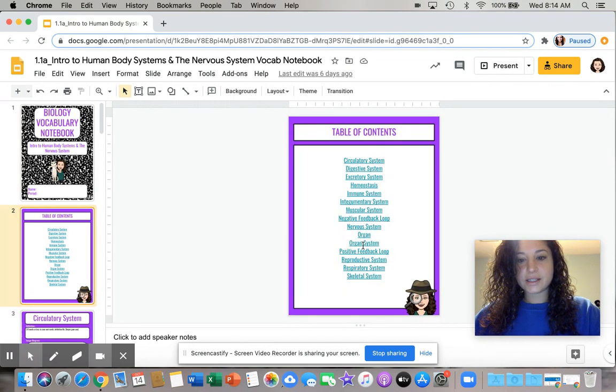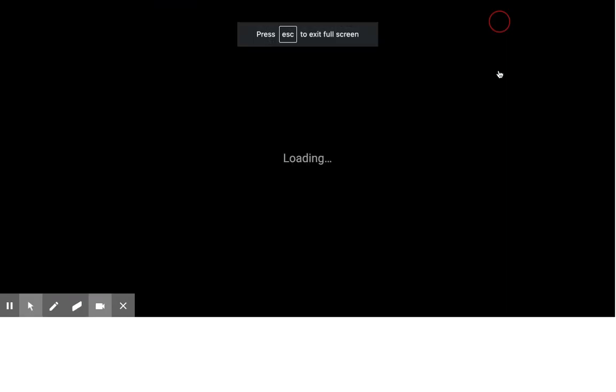This is the list of all the vocabulary words you are responsible for this particular unit. They are in alphabetical order, so it's not necessarily following the order that we learn the words in. You will also notice that they are hyperlinked. The point of this is once you fill in the rest of the notebook and you're looking back on this in order to review for a test or maybe just to look something up on your own, you can end up in the presentation mode,